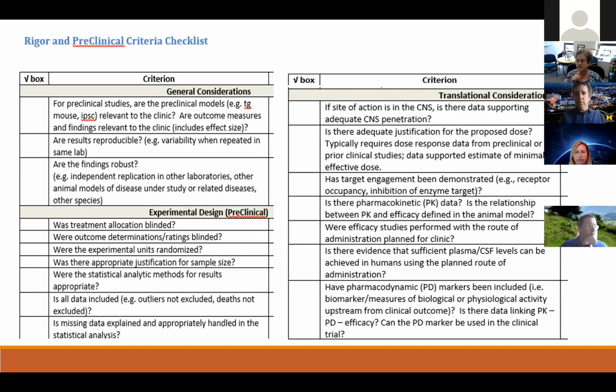And this is looked at on your grant application. And here is a checklist that reviewers may use to look at this. So, for example, for the general considerations, you can see here: are the results reproducible? Is there a lot of variability when they were repeated in the same lab? Are the findings robust? Can you replicate them, and have they been replicated in other labs? And what you really want to do is address this in your application and talk about what are the gaps or what are the things that support